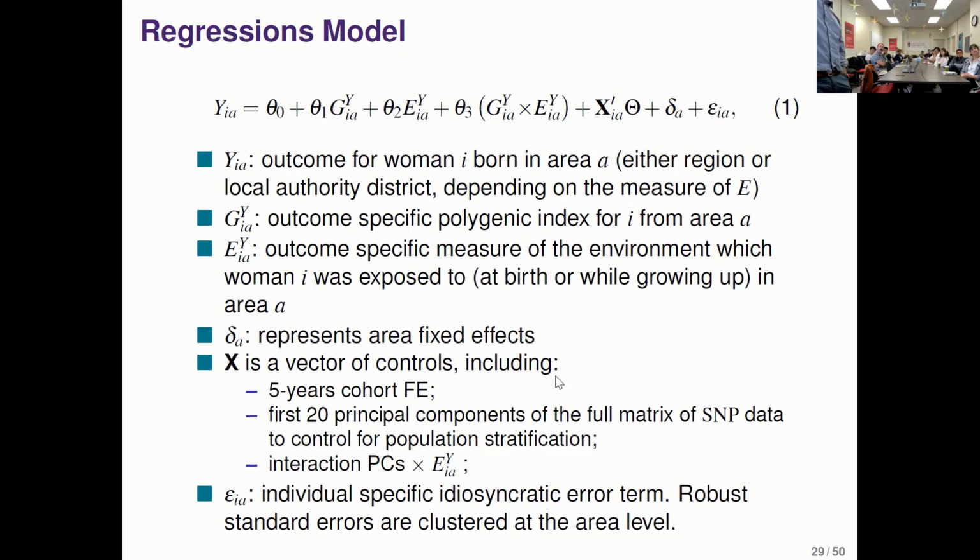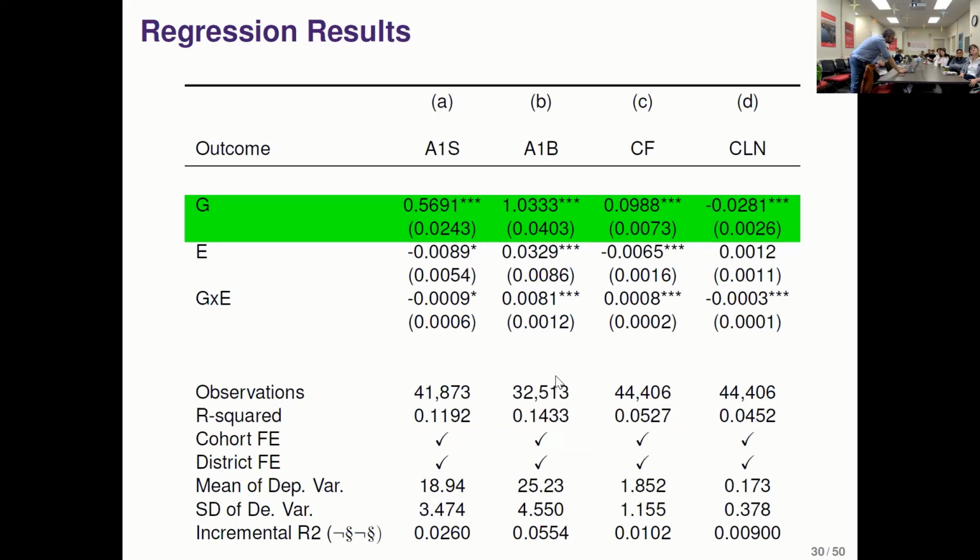Then the first 20 principal components, and the interaction between the principal components and the environment. We cluster the standard errors at the area level because the environment is measured at the area level. We have also other specifications with the year fixed effect instead of the 5 years fixed effect, because that's very similar. And these are the